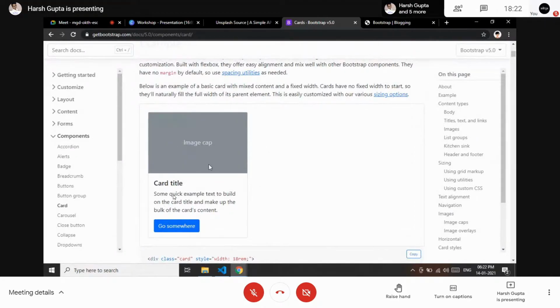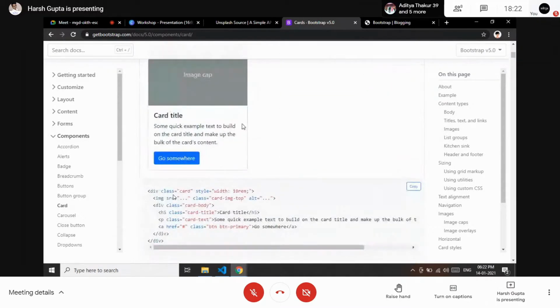It consists of an image on top, a title, some description, and a button: if you want to read further, you click it, go to the next page and read about it in brief.